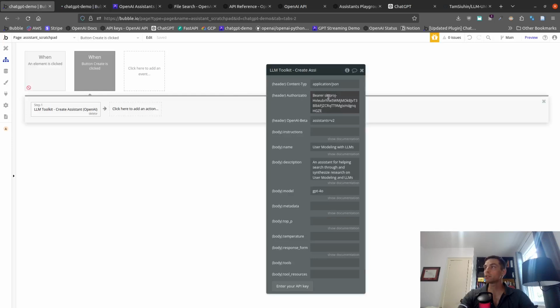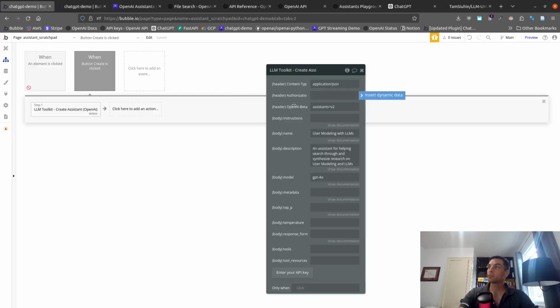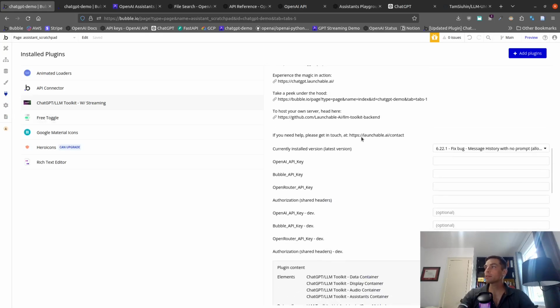So one way is you can leave this blank because this basically overrides what's in the plugin settings. So you can come to the plugin tab, and where it says authorization shared headers, and then this one for development, that's the same header. It's the authorization header, but it's stored sort of at the level of the plugin, so rather than in the workflow. So if you put that in here,